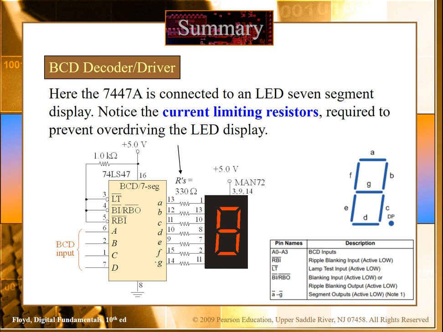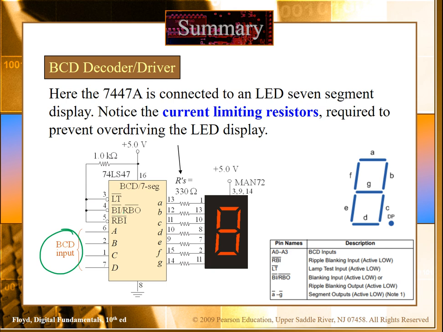In this IC there are some additional pins, and there are different functions for these additional pins. For example, A, B, C, D are your binary coded inputs. Then you have these 4 additional pins. LT is called lamp test, again an active low pin.